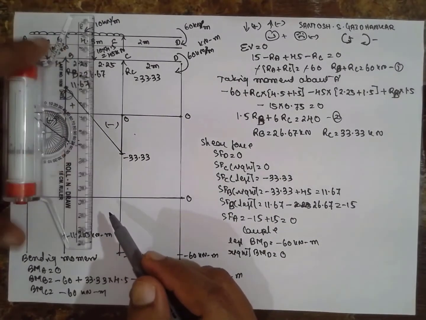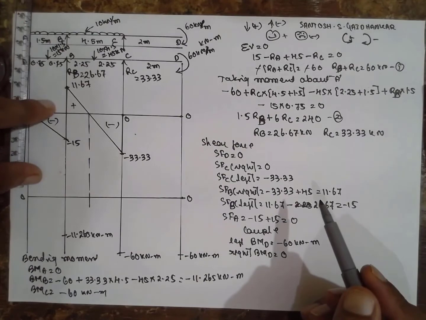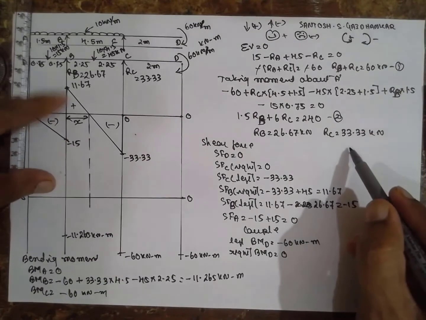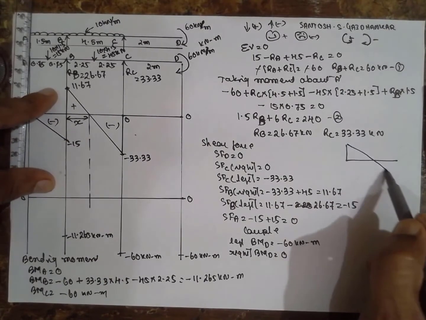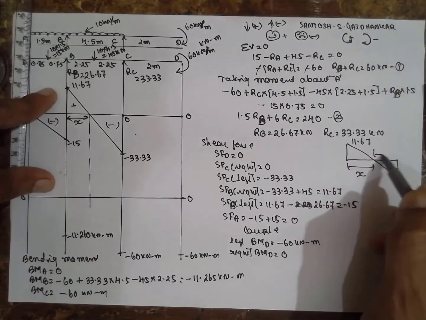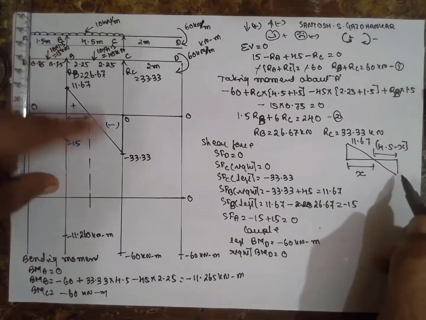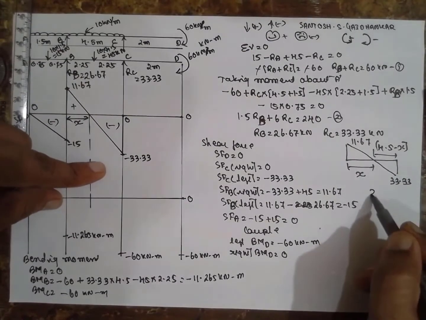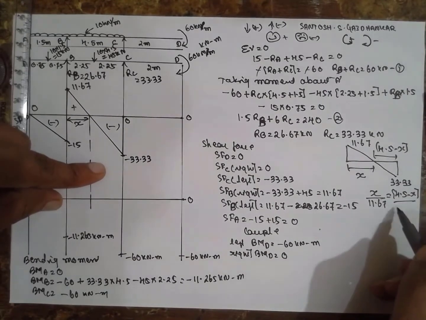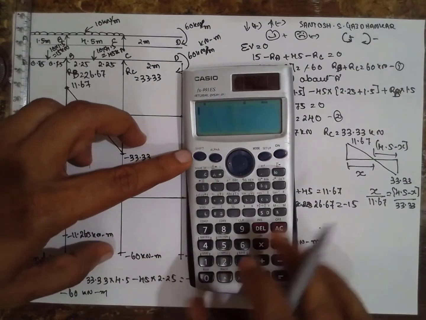Now there is a shear force, and maximum bending moment occurs here. We have to find out the maximum value here. How to find out the maximum value? First consider the x distance. Find out the x. Rewrite this term here, irrespective of the minus sign. I will consider this as x. This is 11.67, and this distance will be 4.5 minus x divided by 33.33. Now x divided by 11.67 is equal to 4.5 minus x divided by 33.33. With the help of the calculator you can calculate, and you will get the answer.